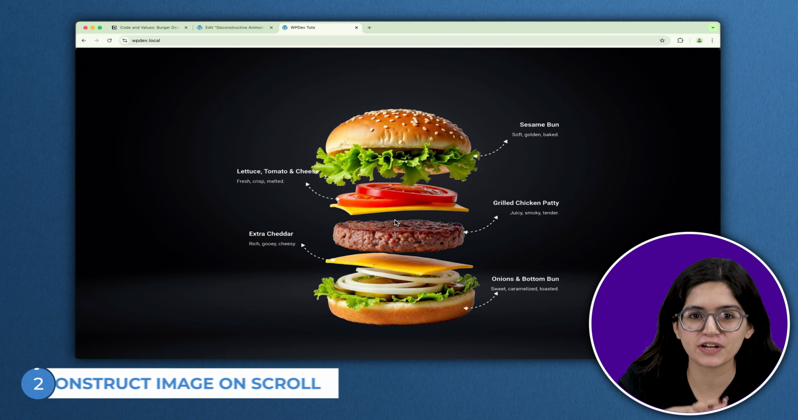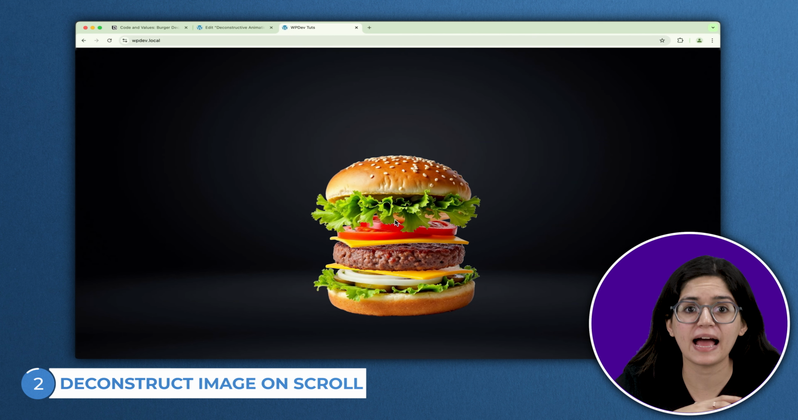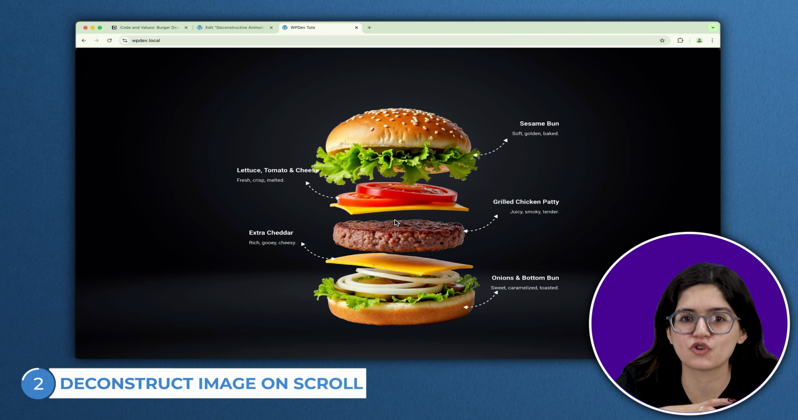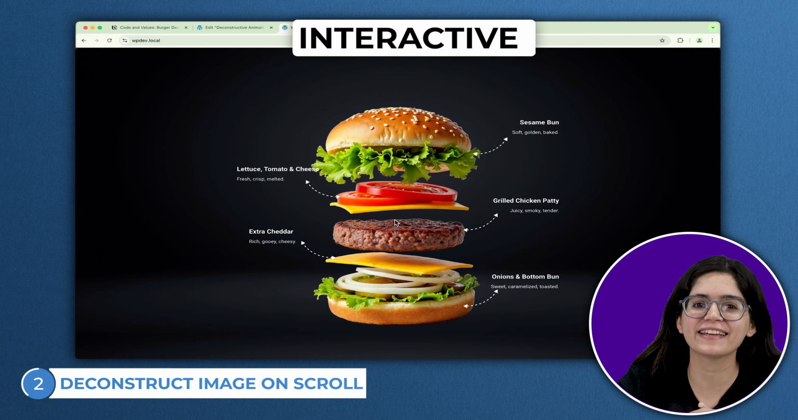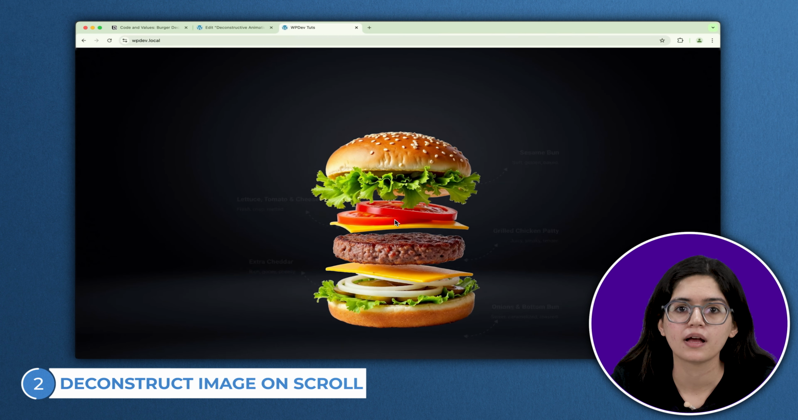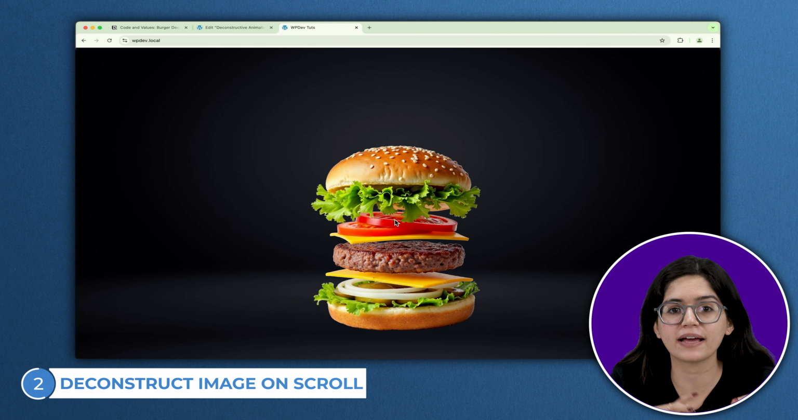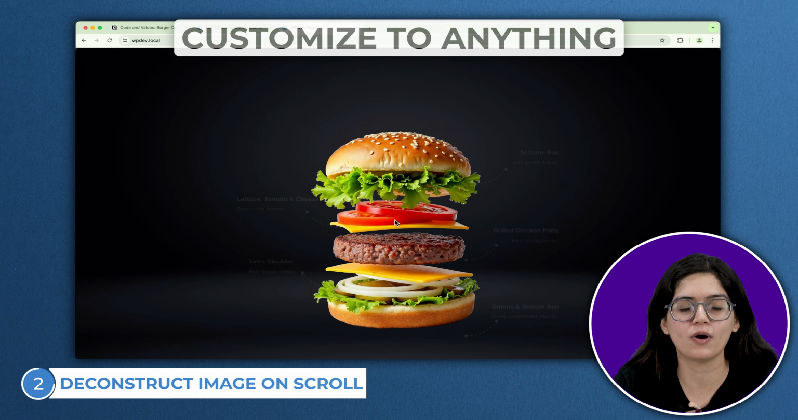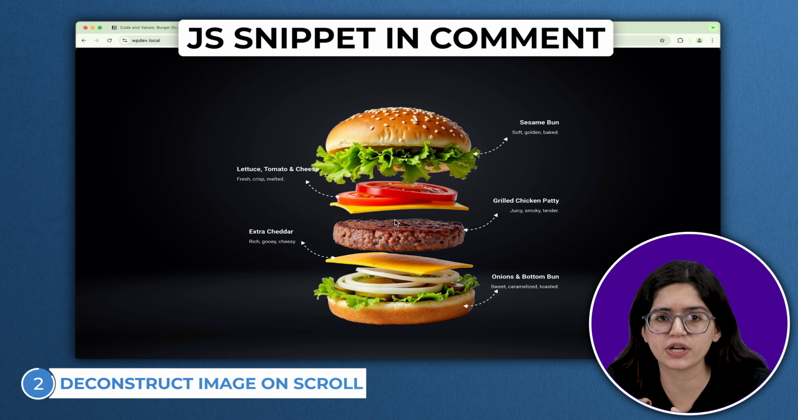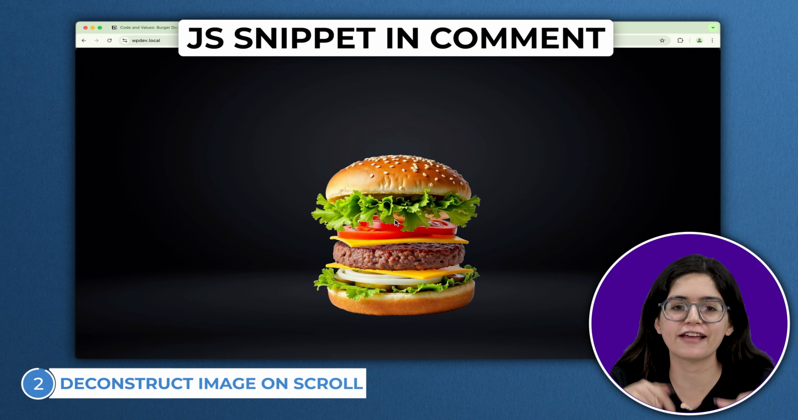So this is my favorite one. This is my website, and as you can see, this burger deconstructs and reconstructs as you scroll, adding an exciting and interactive visual effect. I'm showcasing this deconstruct and reconstruct with a burger, but you can customize it to anything you want. Now this requires some custom JS snippet that I have created and left below for you all to